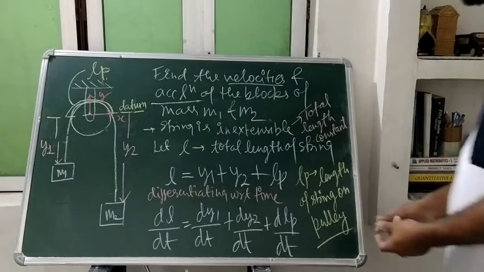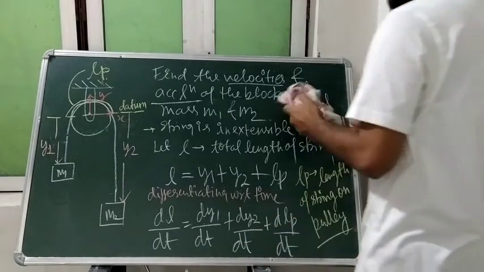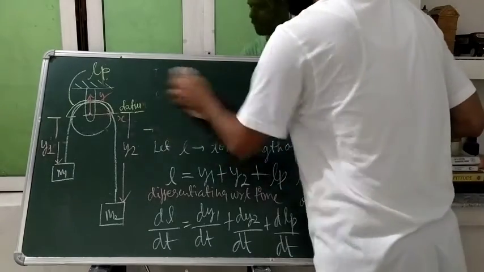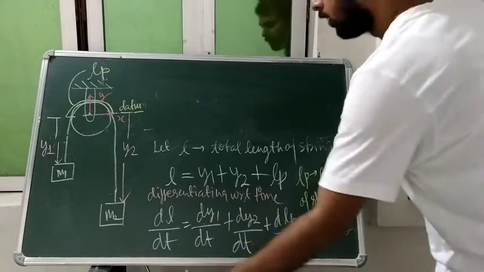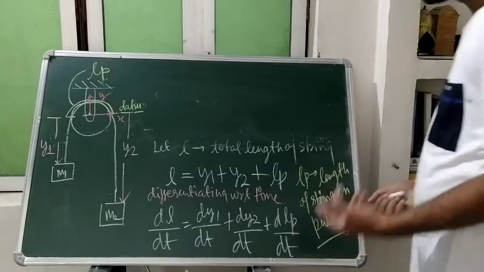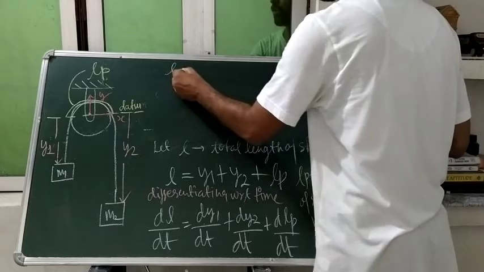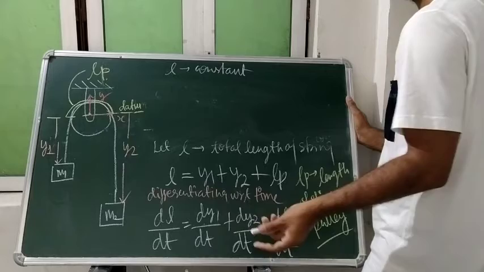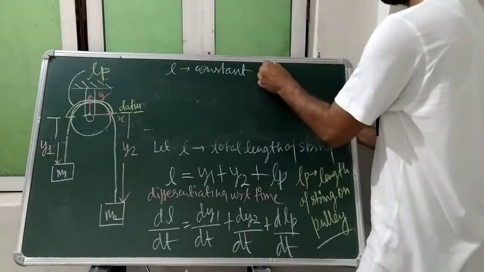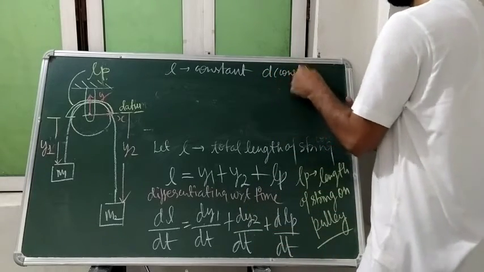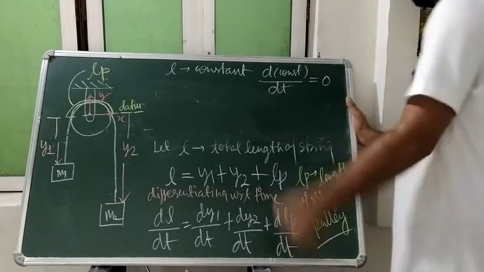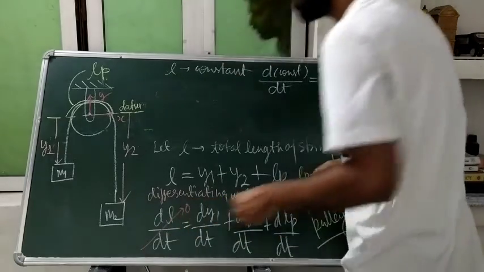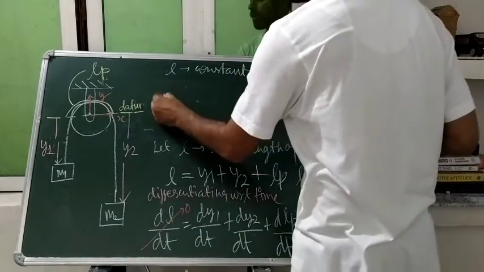Isn't it? Now I am rubbing outside. So you can say this much of the part is rubbed. And look, student, L is constant. Length of the string is not going to change. So that differentiation of constant, I have told you, will be equal to what? 0. So this term will become 0.